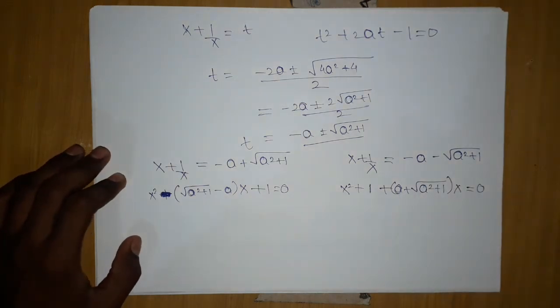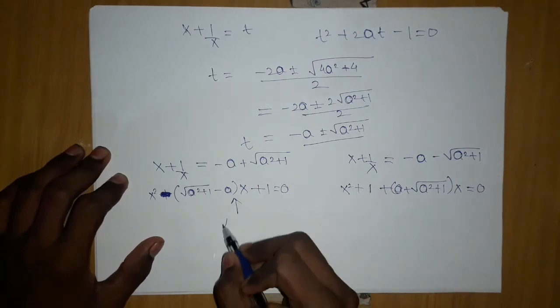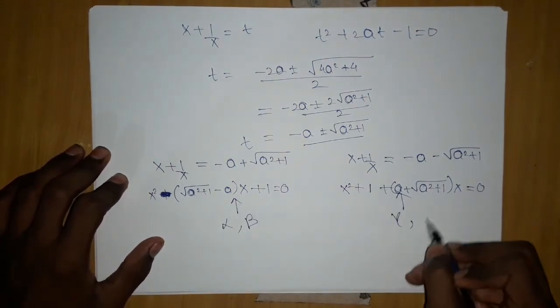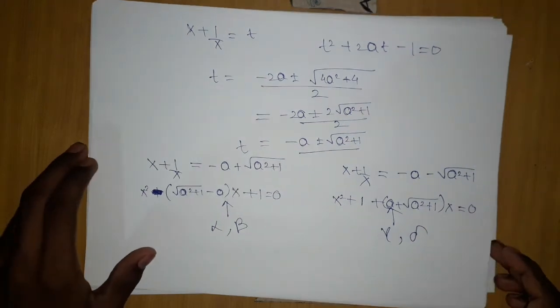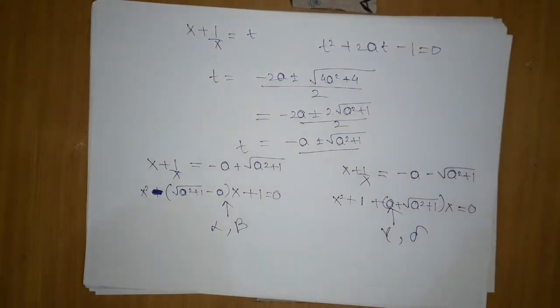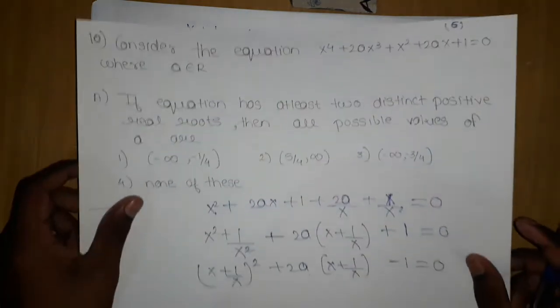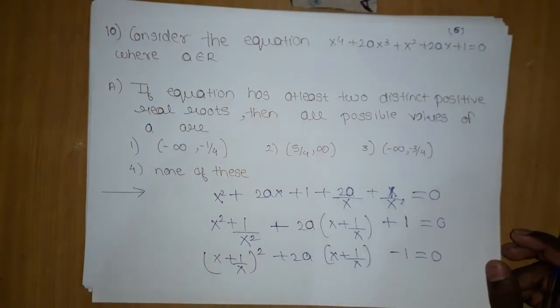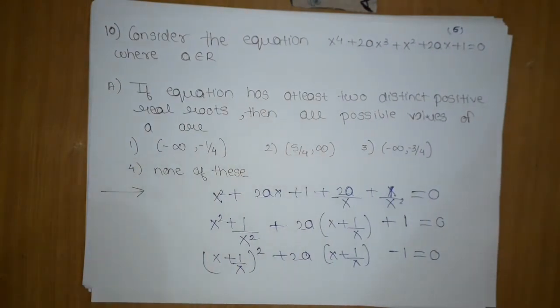Now it is a biquadratic. Let me take its roots as alpha, beta, and let me take the roots of the other as gamma, delta. Further on, we got that it is a biquadratic. Now the first question which they are asking from this comprehension is as follows. This comprehension is a JEE Advanced level problem.